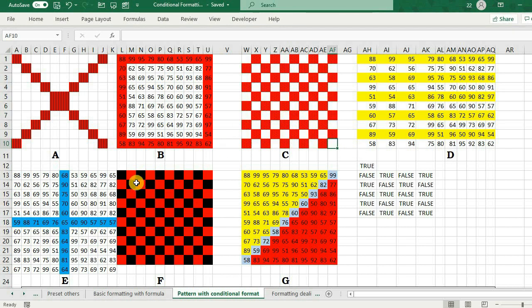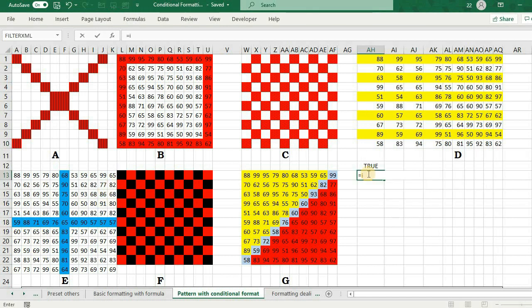Similarly, you can do the same thing to this F pattern, and here you will use two patterns, is even, row number. I'm checking with this, what is it, false, so I don't want this one. So it's going well.